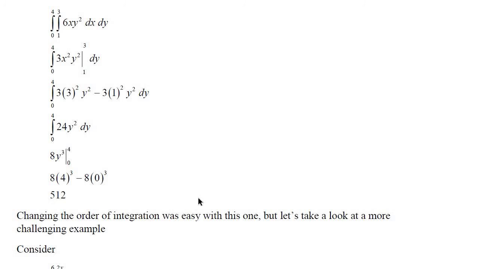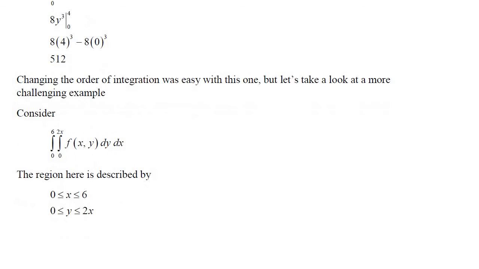So this area was a nice rectangle. And if you have a nice rectangle, it's easy to change the order of integration. But let's say we have something that's not a nice rectangle, where x goes from 0 to 6, and my y goes from 0 up to some function of x: 0 less than or equal to y, less than or equal to 2x. Well, when I take a look at that region